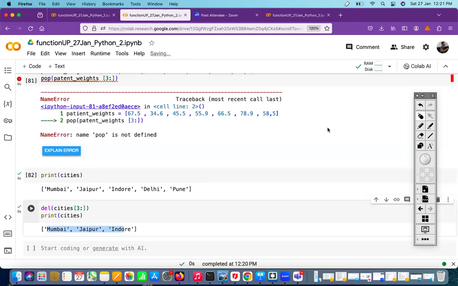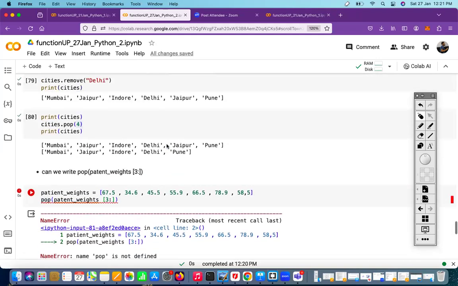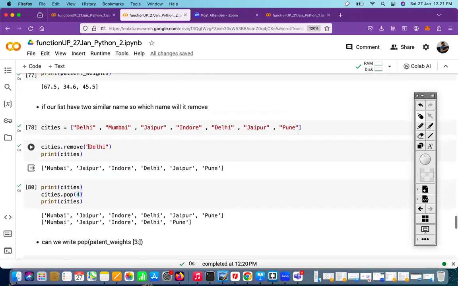In remove also you can use index, no, remove में आप you can't use index, right Soumya, if you are using remove function you can't use index, you have to use the item name only, ठीक है।